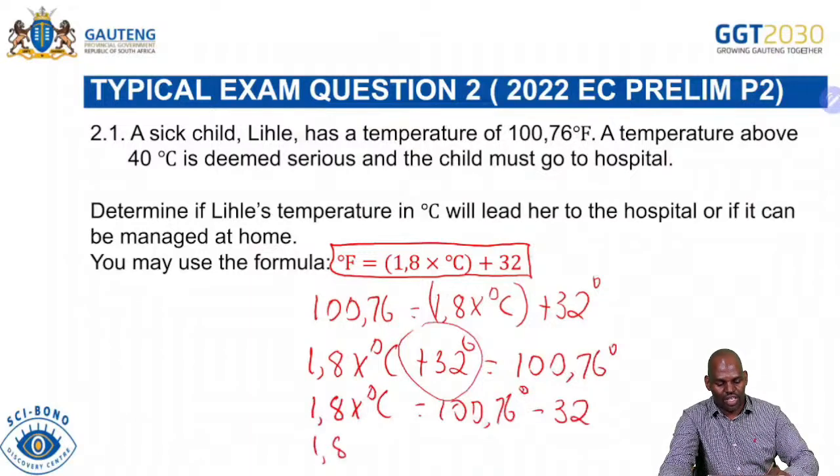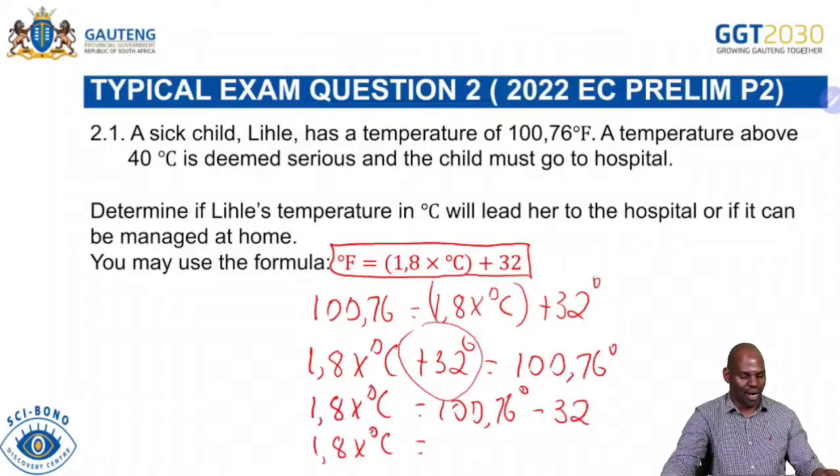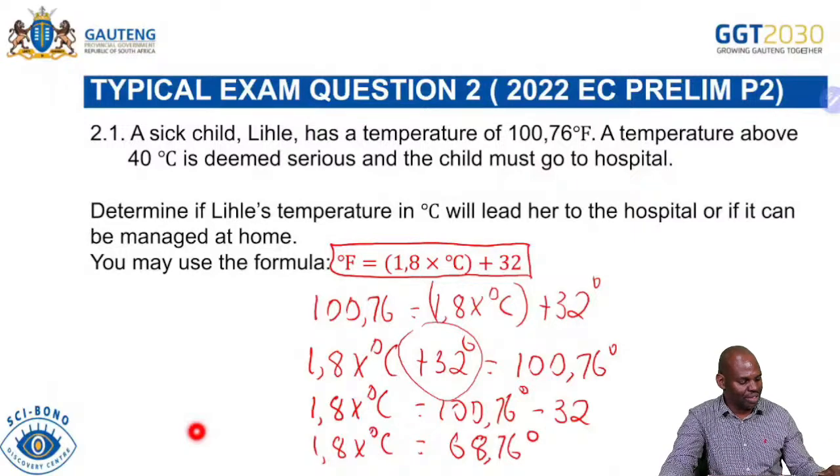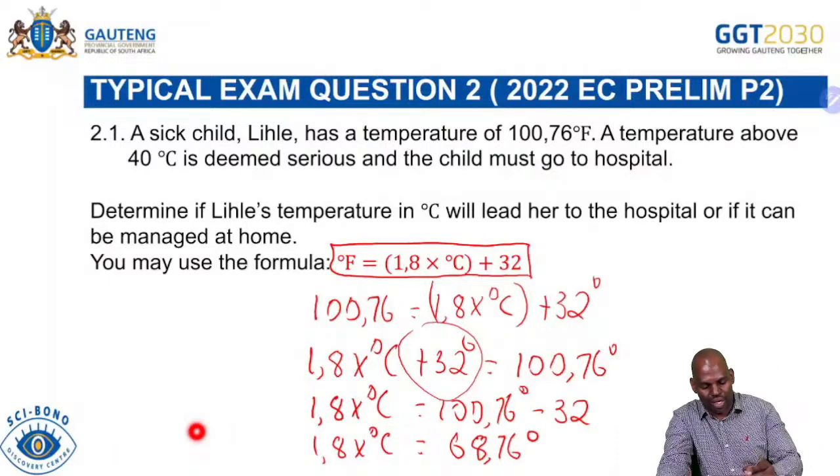Okay, we've got 1.8 times degrees Celsius equals, now use your calculator, 100.76 minus 32, and then that is 68.76. 68.76 degrees. Then we divide it by 1.8. So the answer is 38 point. So this one we divide by 1.8, and then the degrees Celsius will now be